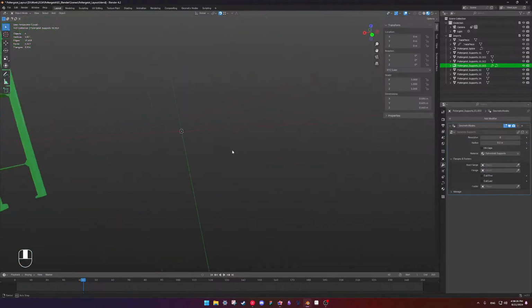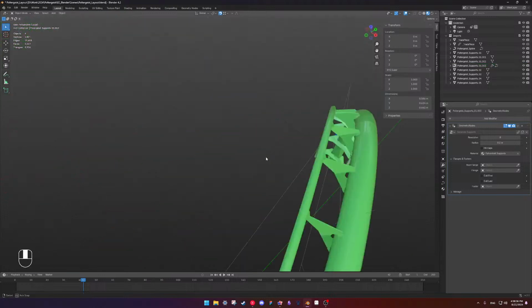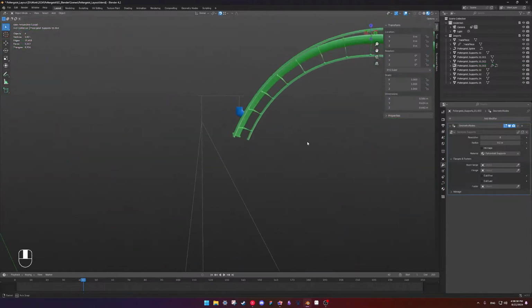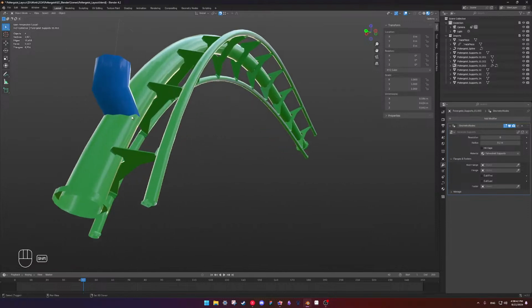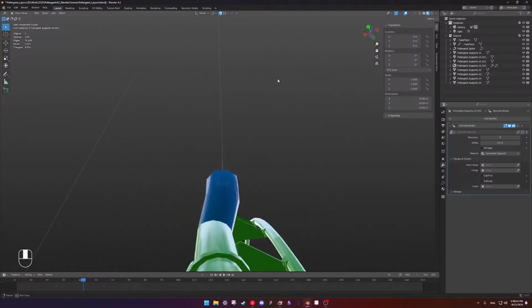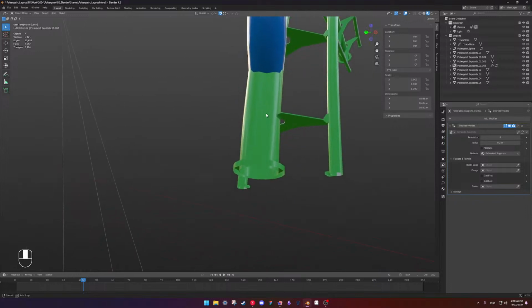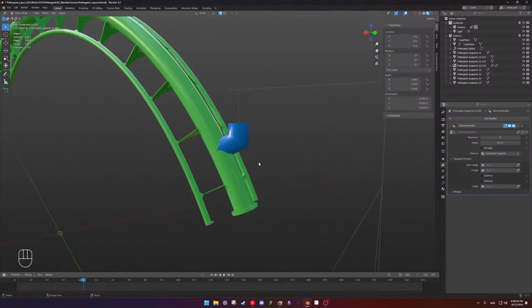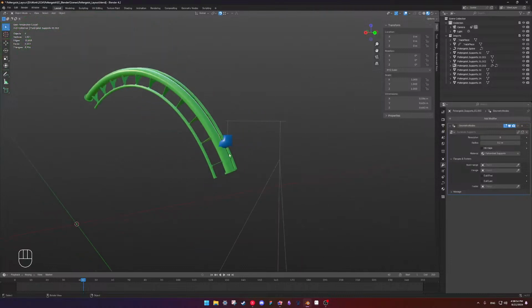I forgot that I didn't. I need to adjust to support geometry nodes.